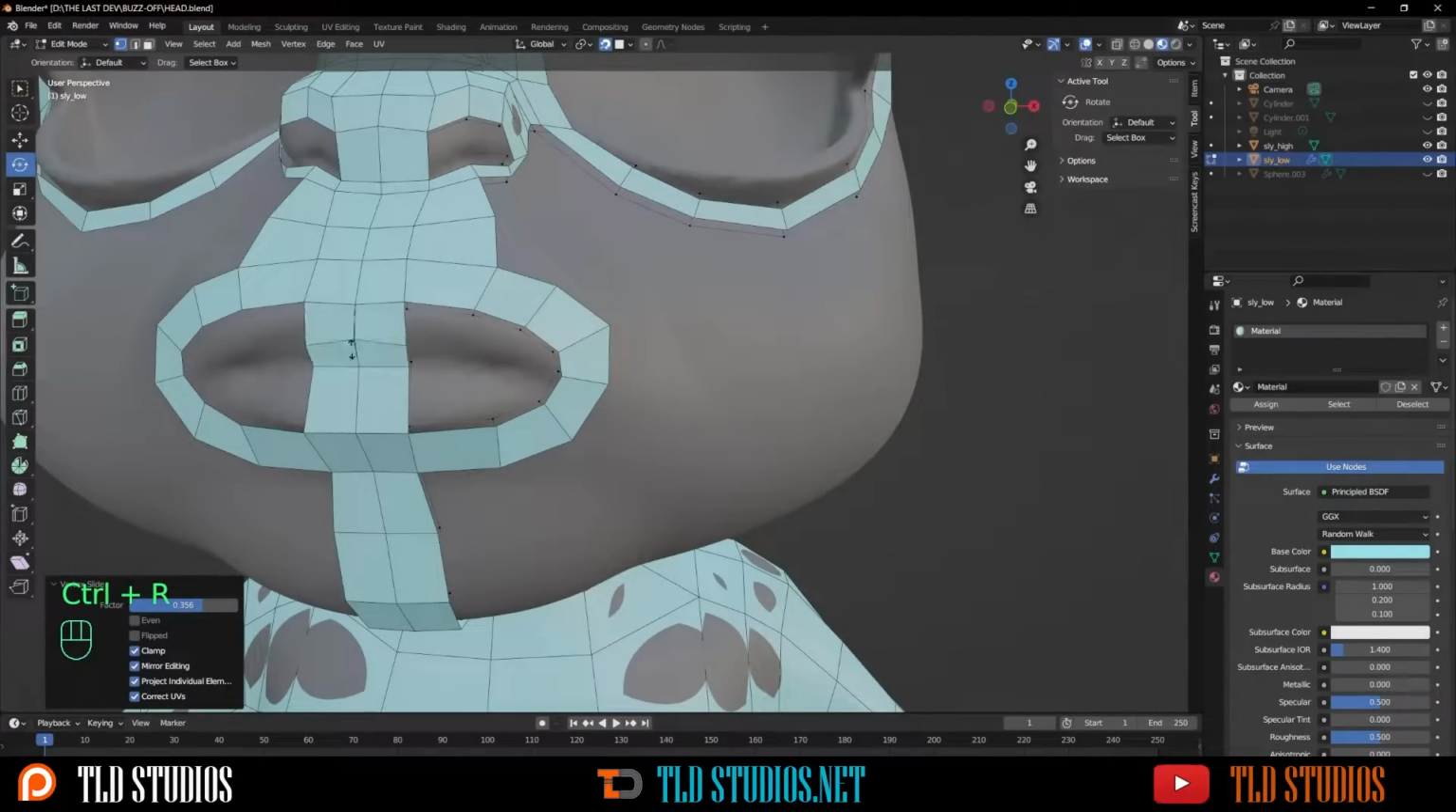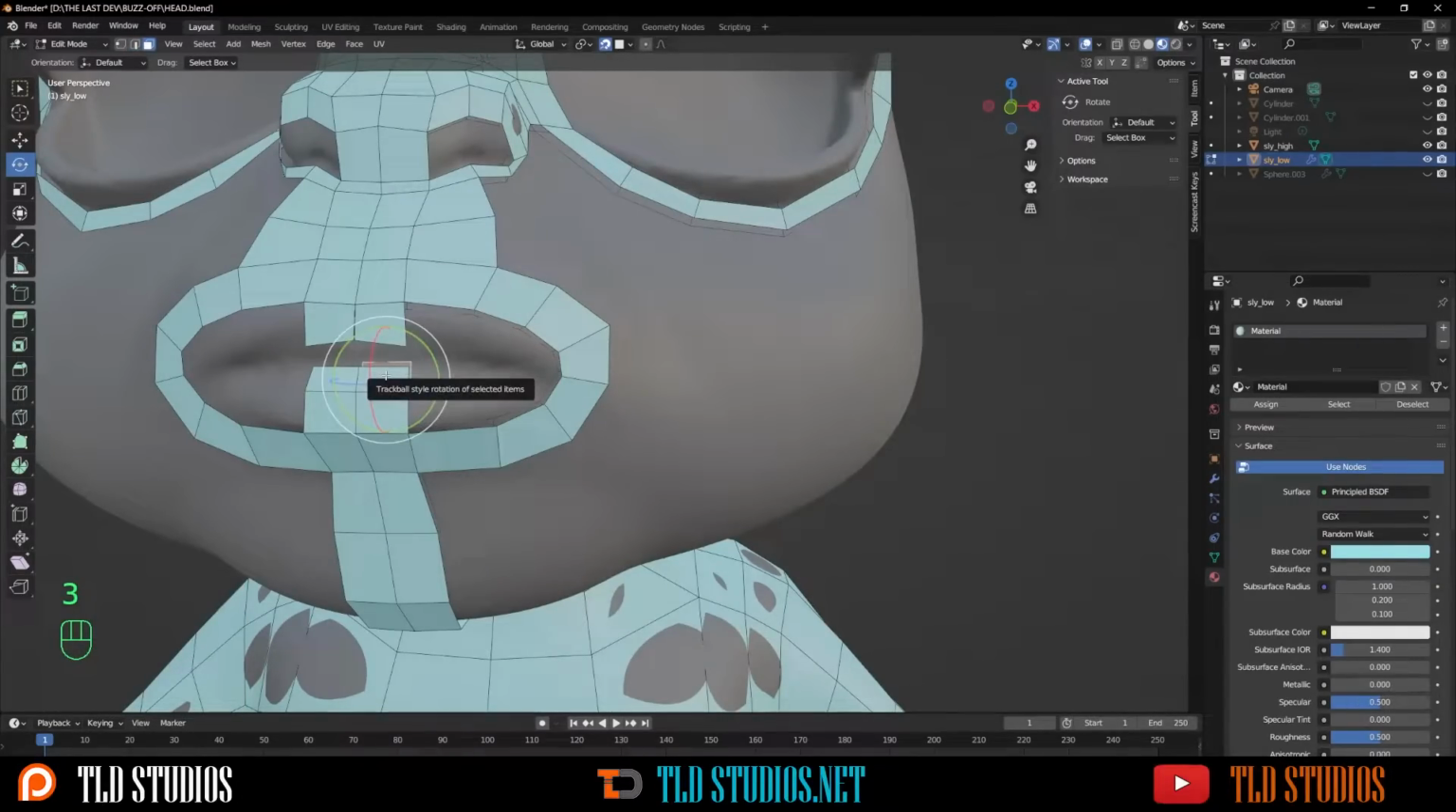Let's add a split here for the lips. And I actually want these lips to be open, so I'm gonna delete this face here, as well as add an edge loop here, and delete this top face. Bring these this way. It's always easier for me to skip a face